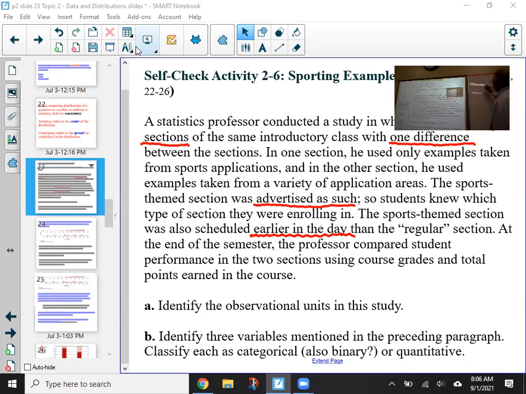And I think that's a categorical binary variable. And then